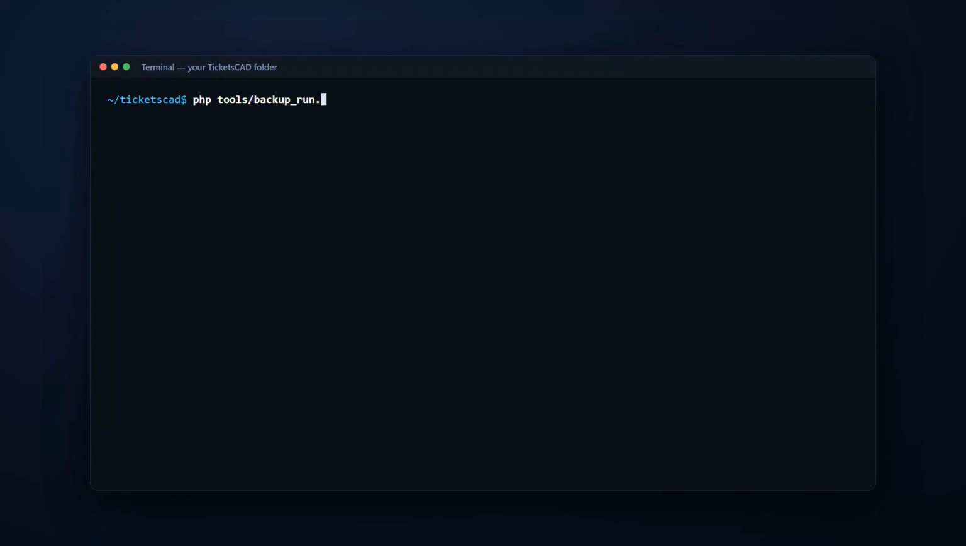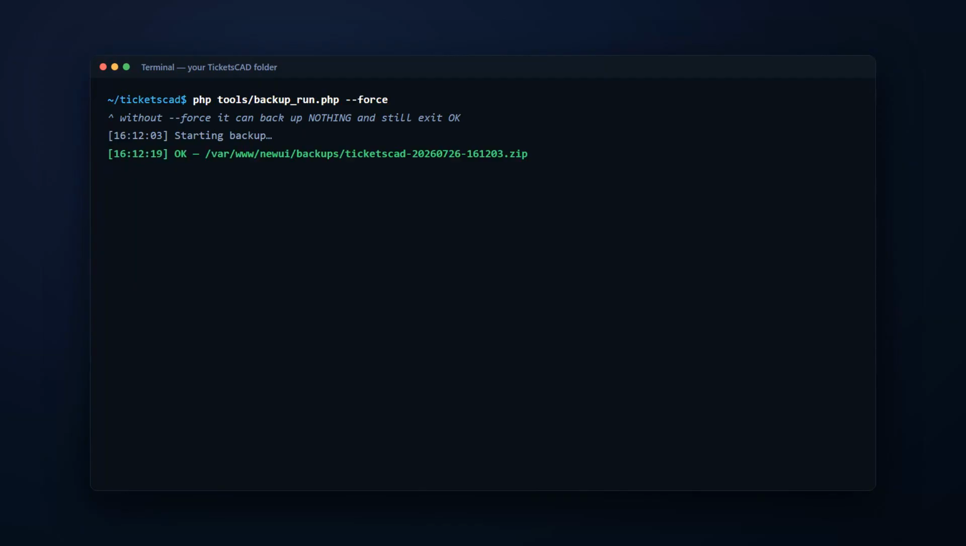Step 1. Backup. 2 things, both quick. First, the database. Type this exactly, including the 2 dashes before the word force. That word matters. Without it, this command only backs up if one is due on a schedule, and if it is not due it prints, no backup due yet, and exits as though it succeeded, having backed up nothing at all. What you want to see is, starting backup, then OK and a file name, then verified, readable archive containing